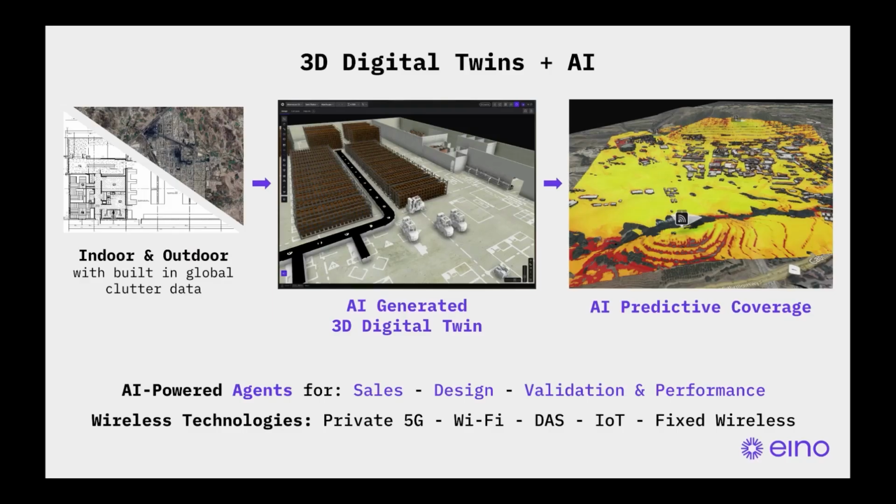And finally, once we have done that, we go to using AI engines to generate our coverage map and our capacity map, and all of those could happen within the conversations that we are having with the customers, live. And this is just focused on the design side of it, but we could think of it for the entire workflow.